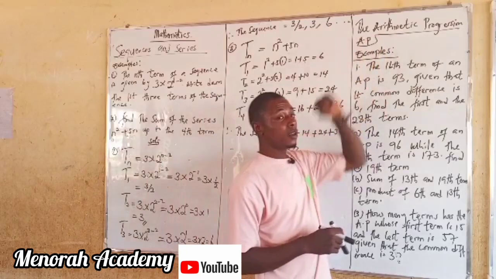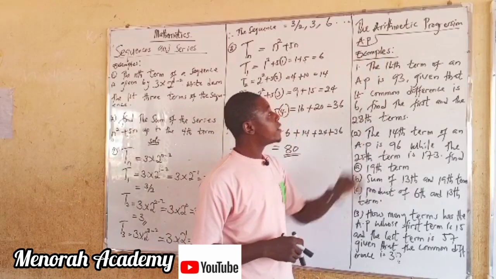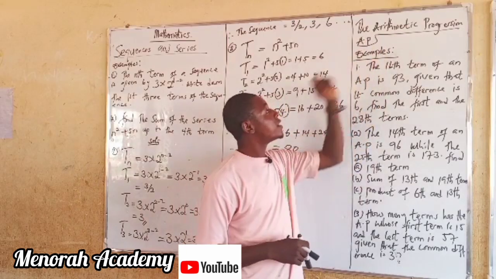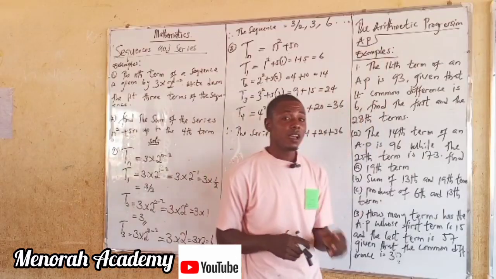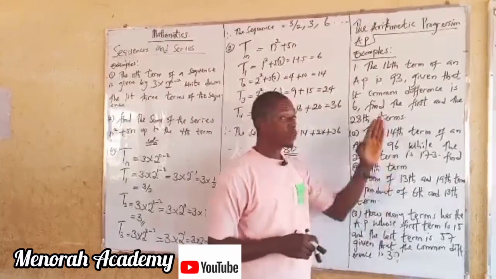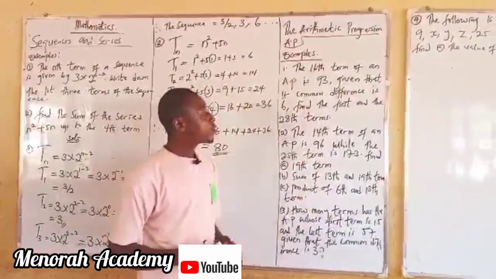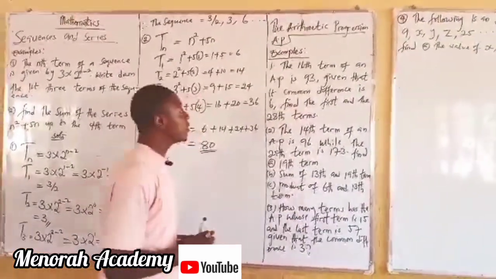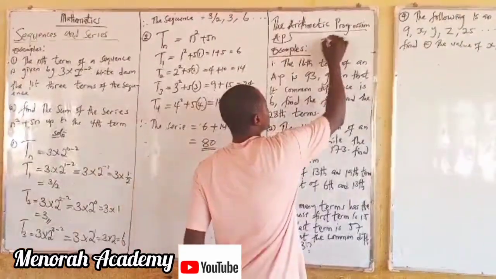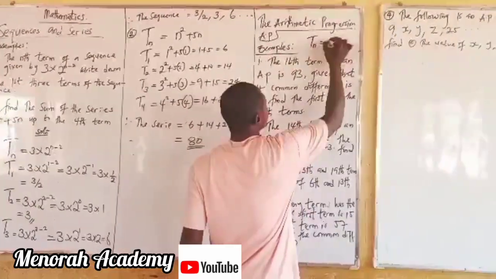We want to look at our arithmetic progression. Now, this arithmetic progression is also known as our linear progression. It's also known as what? Linear progression. Now, this arithmetic progression is actually given by the formula t of n equals a